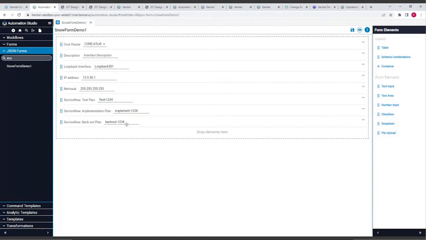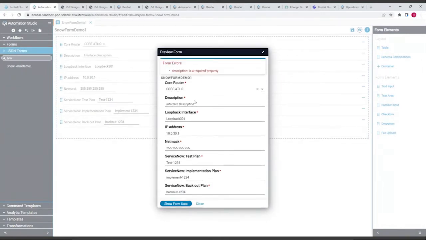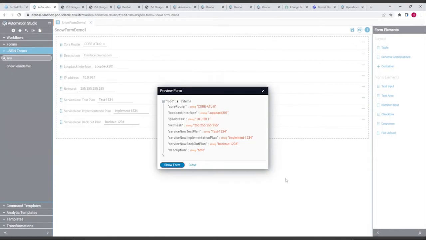So those will be inputted here from the form and then updated in a ServiceNow ticket. And here's the interesting thing. From this form builder, I can take a look at what the form is going to look like when it's displayed. And one of the critical things here, if I click on this form data, oops, I got to actually fill this out. It's actually validating input that was required. If I show the form data, this is the actual data format that's going to be passed when this particular